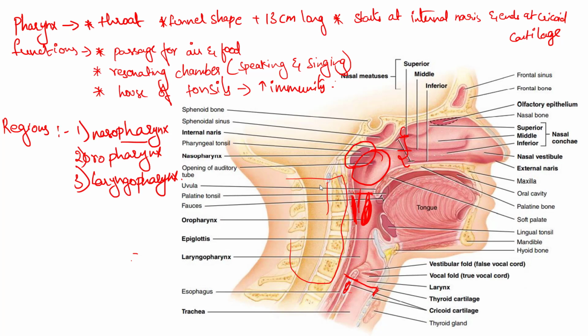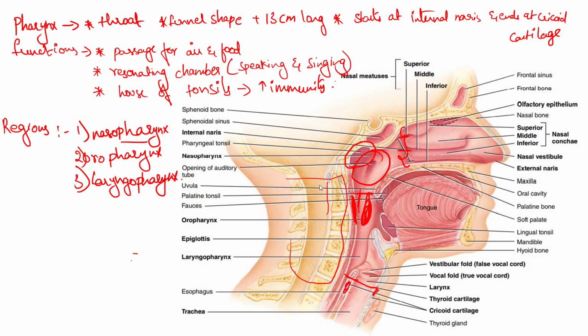So let's see the function of this nasopharynx. This nasopharynx has a very important function, that is to equalize the air pressure in that area. So how is it equalizing the air pressure? So when we are inhaling the air, actually if there is more air, that will cause damage to our respiratory system. To avoid that, we also have two auditory tubes, right? If we are inhaling more air, to equalize that pressure, our nasopharynx will send some air to these auditory tubes, and from there the air will come outside from our ears, so that it will maintain the air pressure in that area.